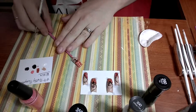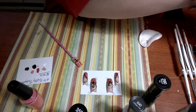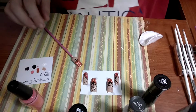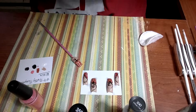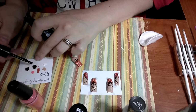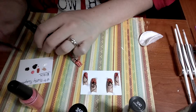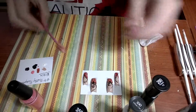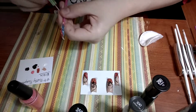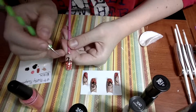Looking pretty cool. I like it. To me, definitely, this is totally an accent nail. I don't know if I would want to do it on more than one nail, but, you know, definitely go for it. Because I like when people go, ooh, I love your nails. It's almost like when I cook and people go, oh, this is so delicious. I go, thank you. And then just to, oh my goodness, I got a little bit of cotton stuck on there. And then to finish it off,